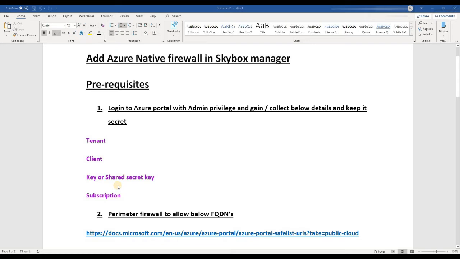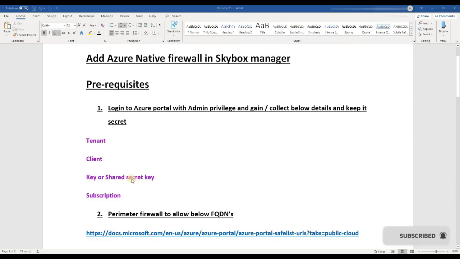Here, the main catch point is that the shared secret key should not start with any hyphen. Again, I will reiterate this when I explain it in the Skybox Manager console.